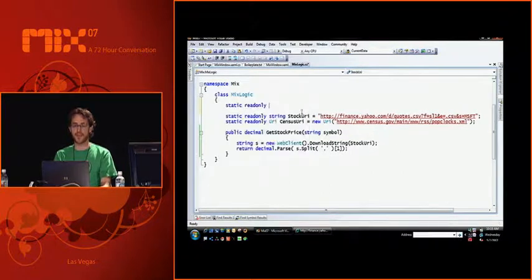So the first thing that I'm going to do here is pull out the base address for the Yahoo service into a new URI. New URI, http://finance.yahoo.com.